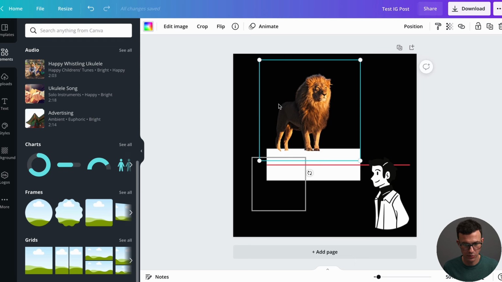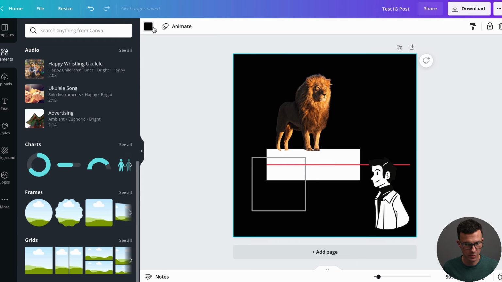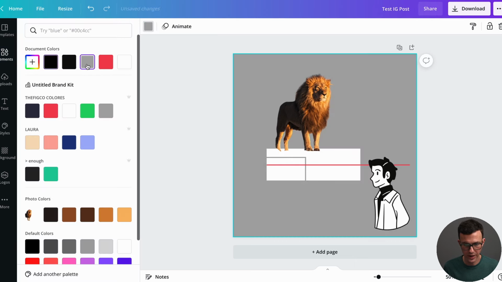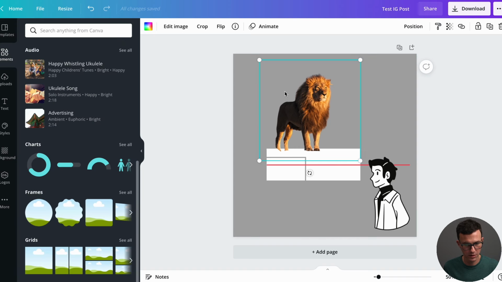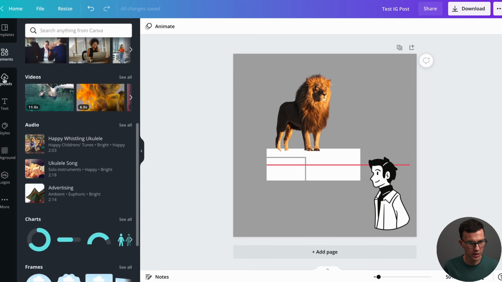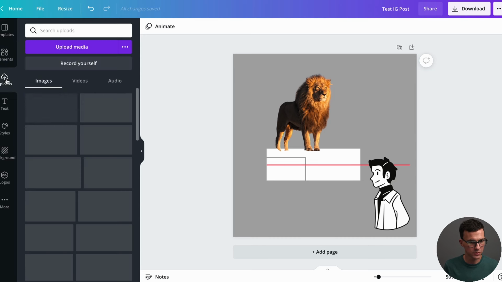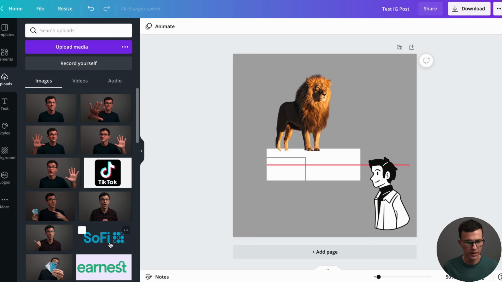So now we have a circle element, so you would see it better if we change the background. There's essentially the element, this has no background. If this were an image with the background, you would see the circle more clearly. You have charts as well. Now if we go down to uploads, so this is where you can add company logos, pictures, anything else that